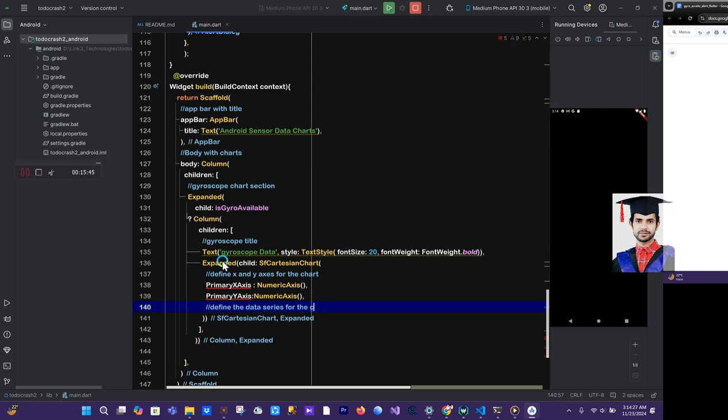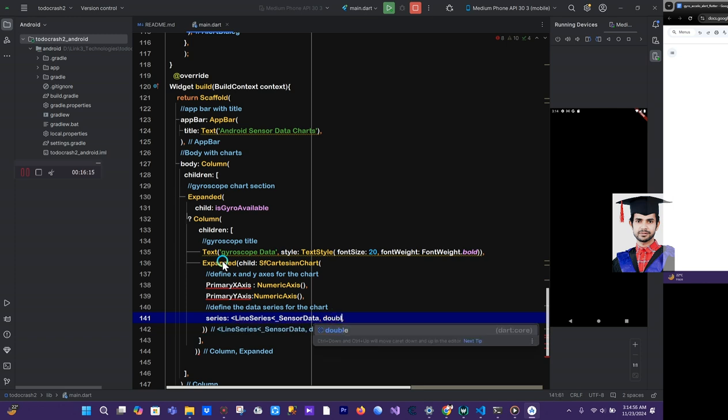And we're gonna define the data series for the chart. Okay, so we type series, and in the series we type line series. We need lines. Line series should include sensor data, and the type should be double value,